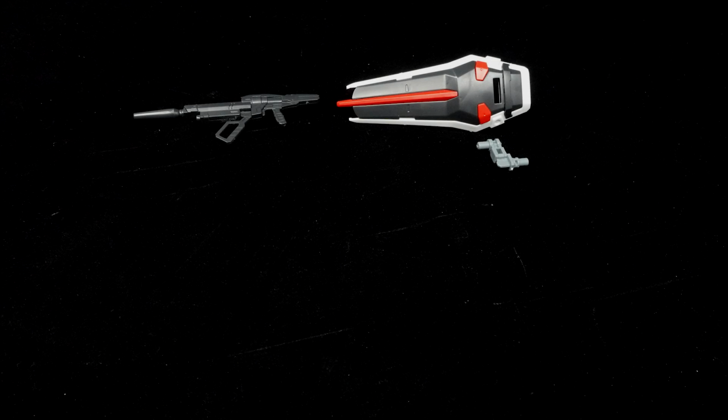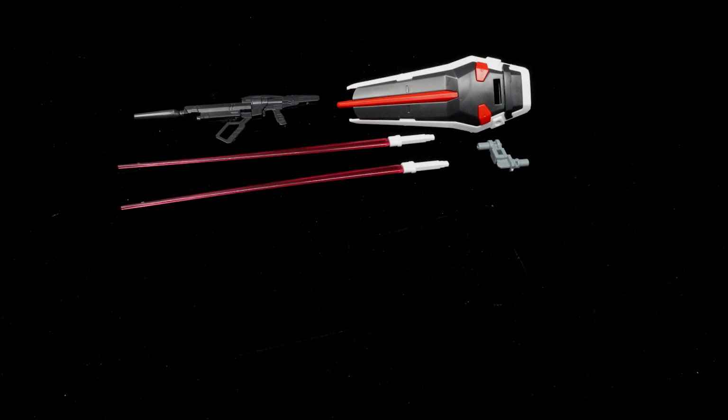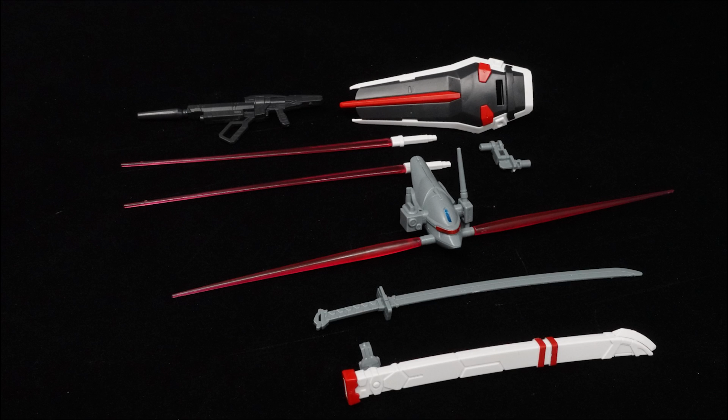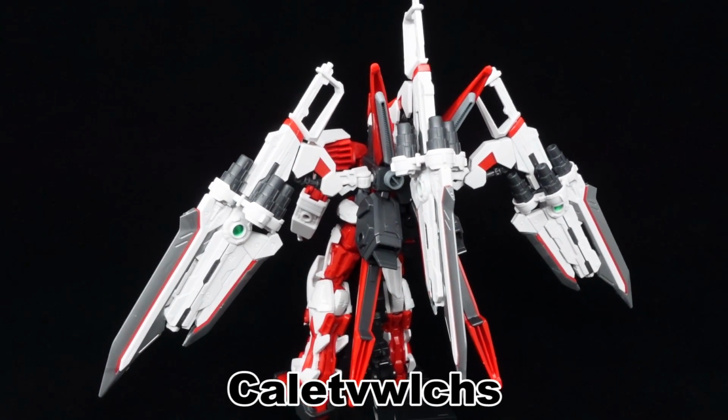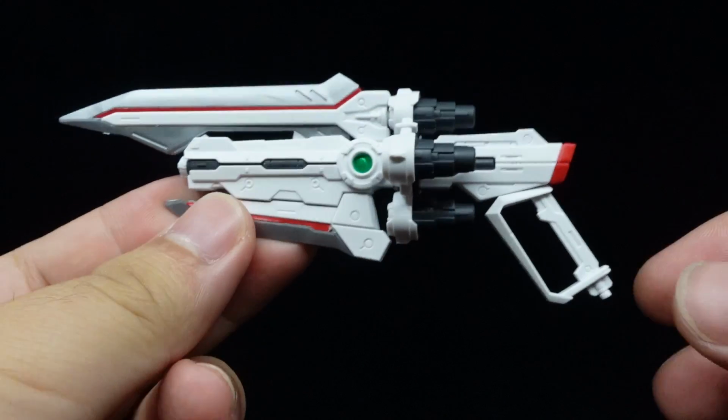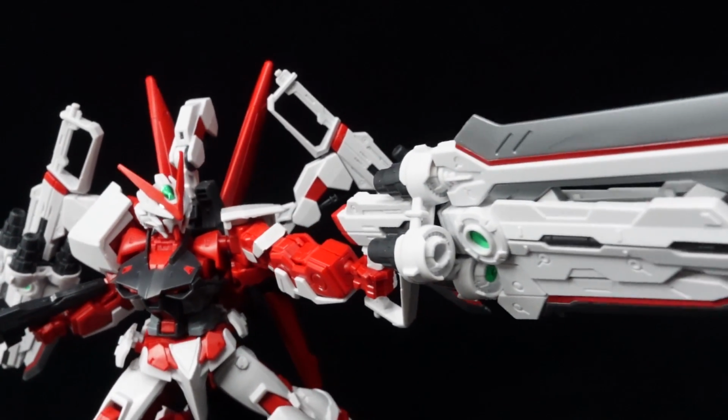As for weapons, on top of the full loadout of the beam rifle, shield, storage adapter, beam sabers and Baku head with included beams for each, and Gebera straight with the horrible stickers I omitted, there is of course the Caletvwlchs mounted on the back. By rearranging the handle and sandwiching it into the hand, they can be used in their G mode as a